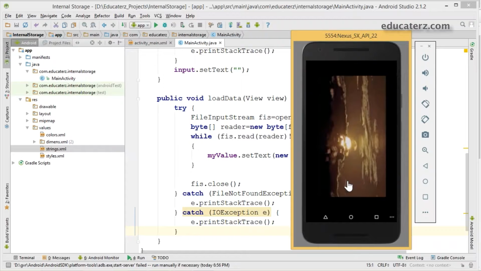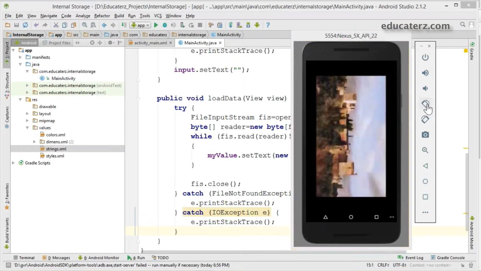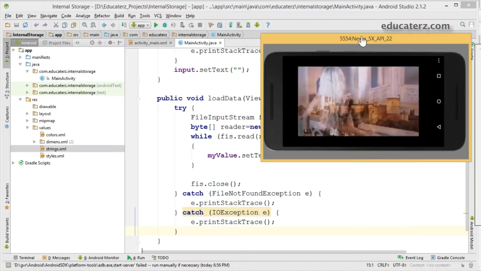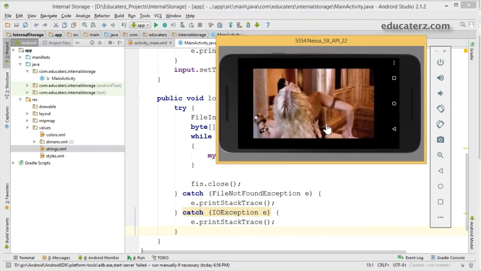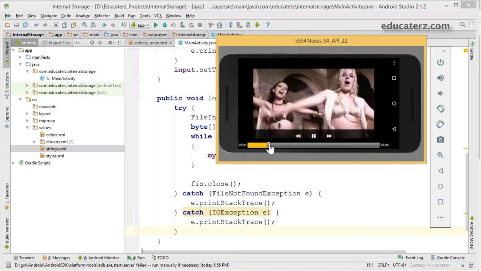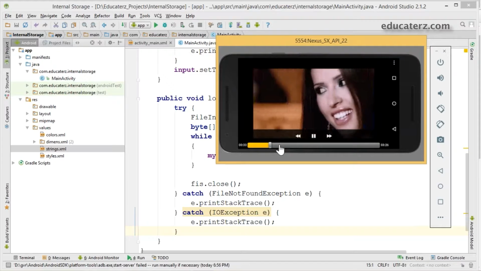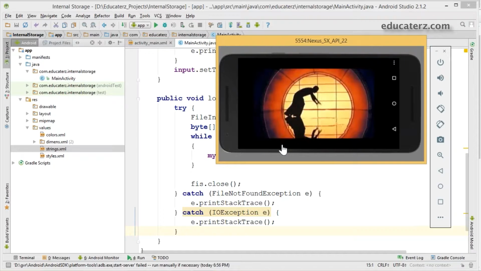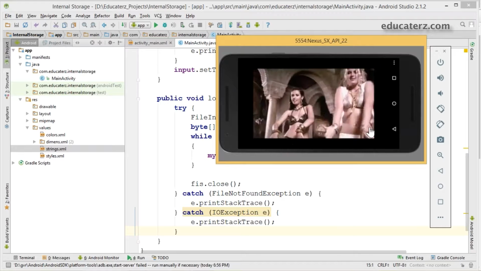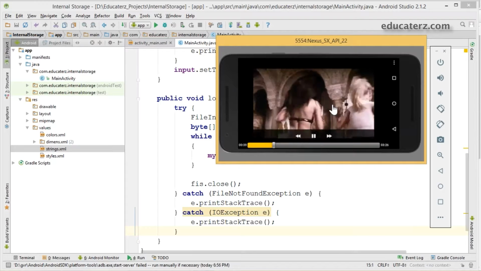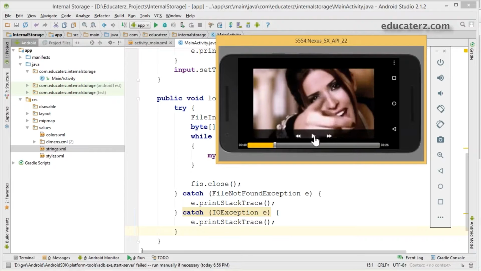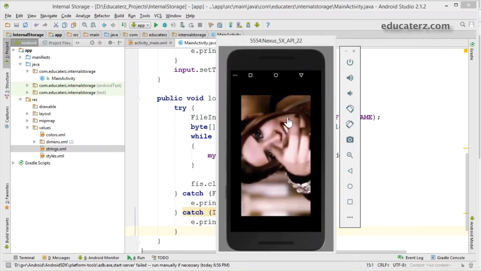You can access it here. So like this, we can access all the files which are available on the external storage medium.